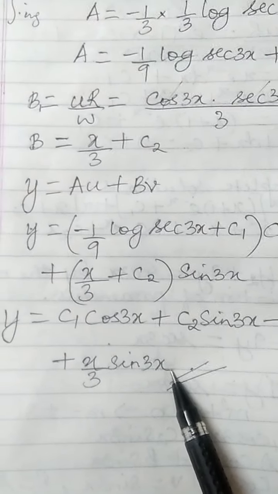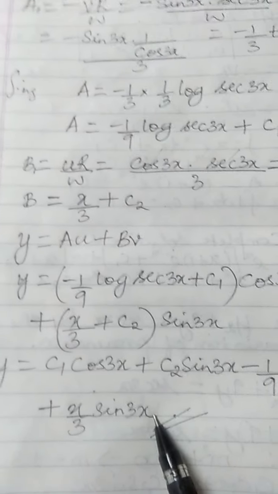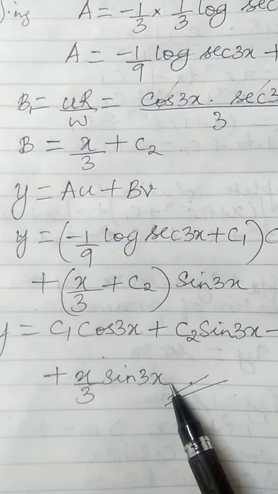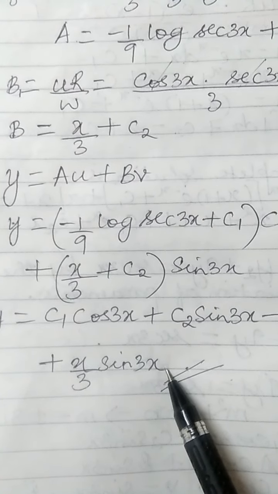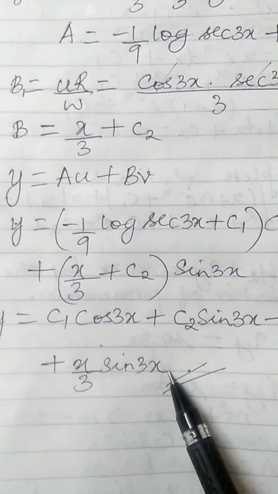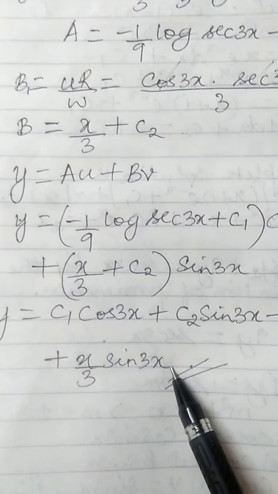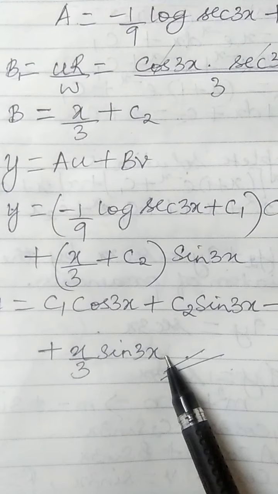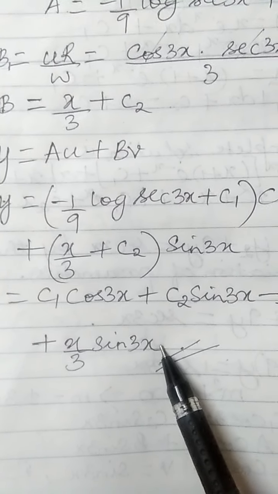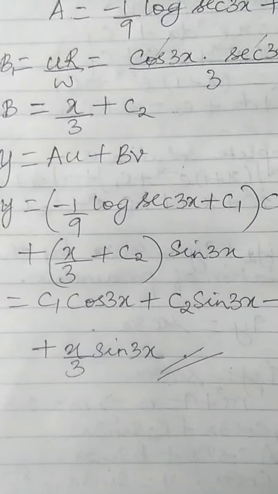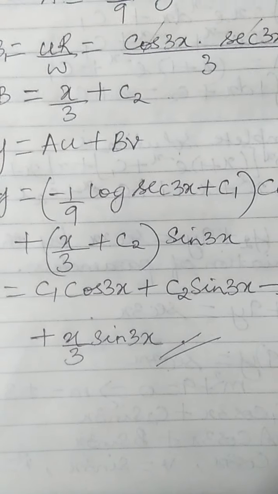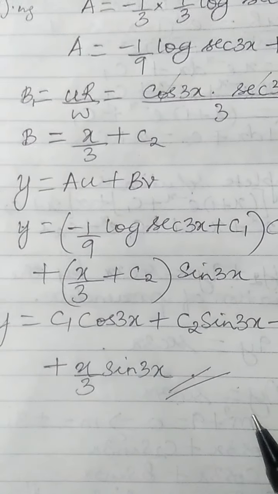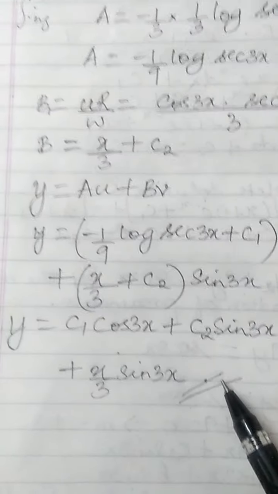One important note here is that while writing the complete solution in this problem, the complementary function is found to be y equal to c1 cos 3x plus c2 sin 3x. We can also write it as c1 sin 3x plus c2 cos 3x and choose u as sin 3x and v as cos 3x and solve. So, even that procedure would be correct and we'll arrive at the right solution. Thank you.